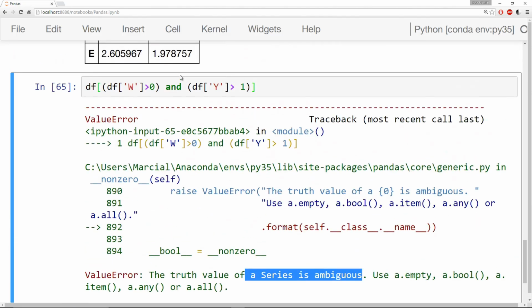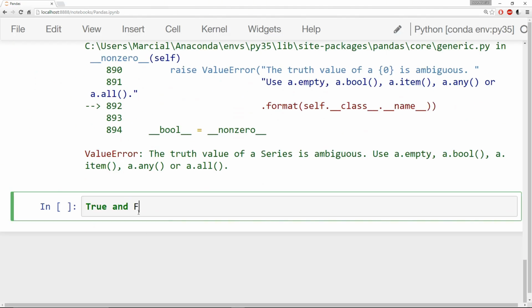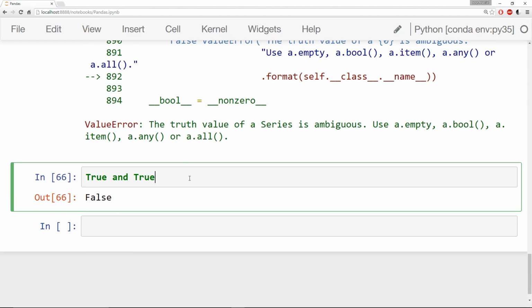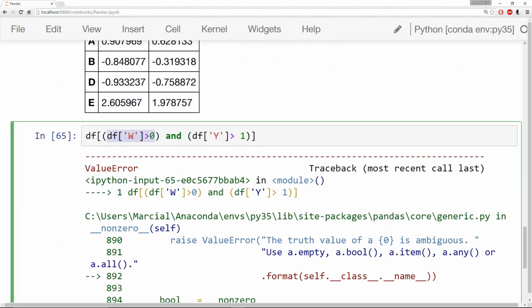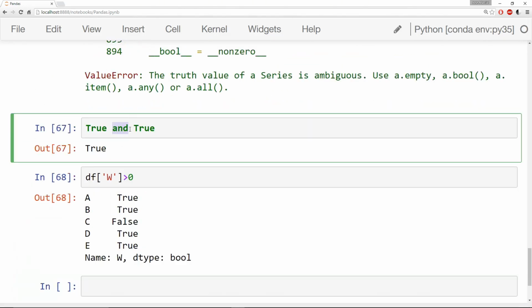What that is trying to say is that Python's normal AND operator can't actually take into account a series of Boolean values compared to another series of Boolean values. An AND operator can only take into account single Booleans at a time. So true and false returns false, true and true returns true, etc. That means when you pass in an entire series of Boolean values, such as this, the AND operator begins to get confused. It can only deal with these single instances of Boolean values,